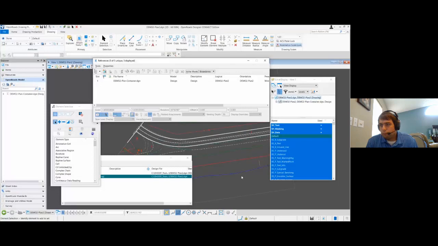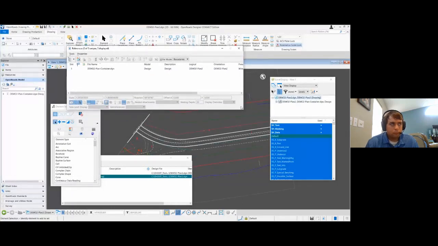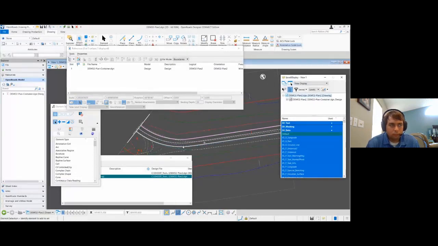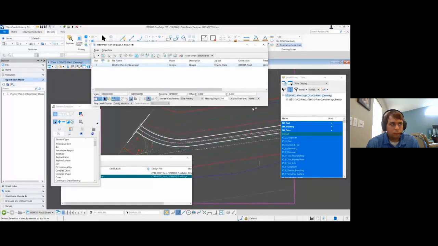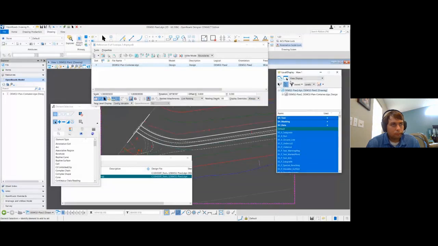Okay. So that will be true for all of the sheets that you cut. If you have like 5 sheets that you cut, you change that level display in that design model, that container file, and that level display will update in all 5 of those sheets, as long as it's a nested reference. If you come across a situation where you have one individual file that you need a different level display than the other ones, then what you can do is come into the reference and turn the display override off of never and on to something else like always. So now I'm basically saying allow overrides, or always allow those display overrides.